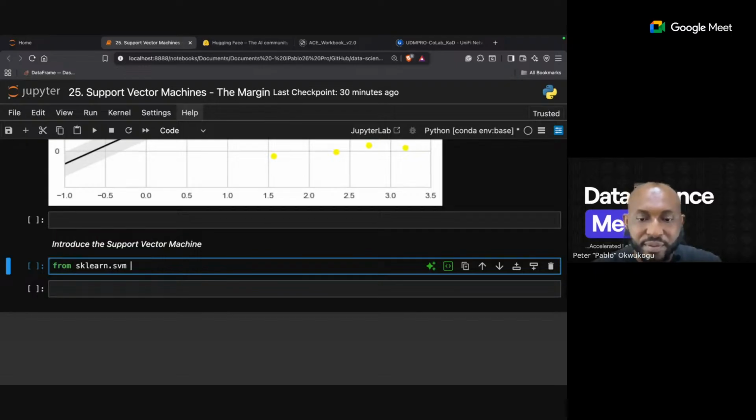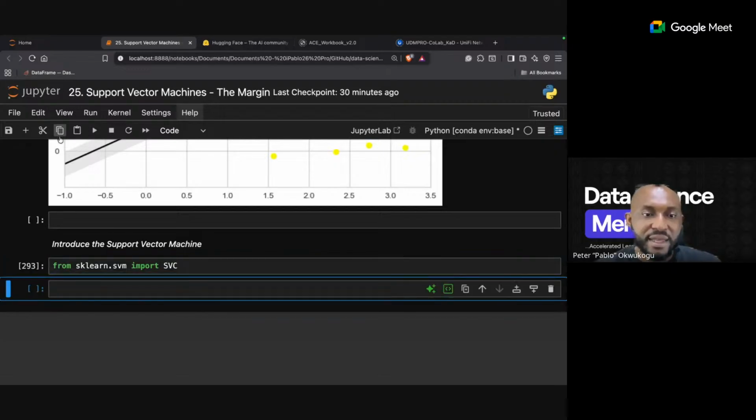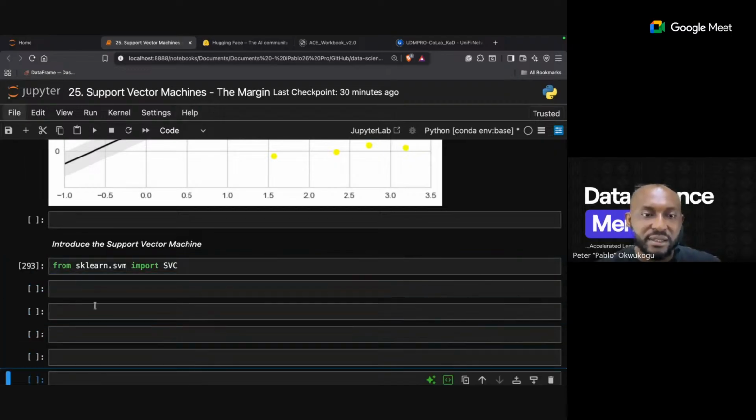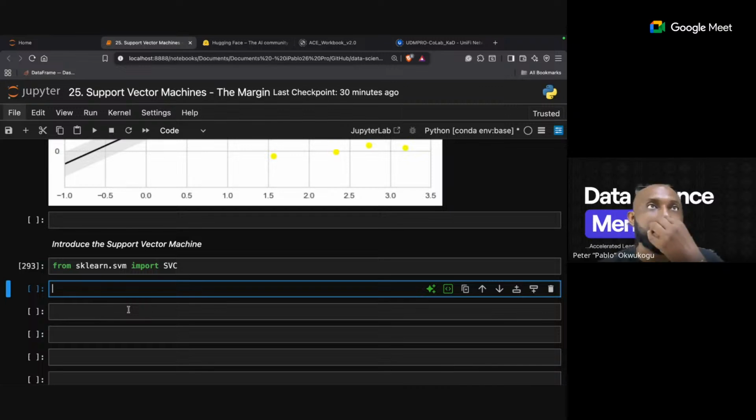sklearn.svm. And here we're going to import SVC. So that's the first part. Now, the next part is we are going to instantiate our model. So here we say SVC,